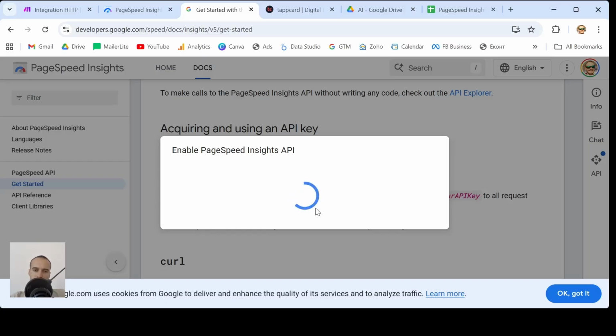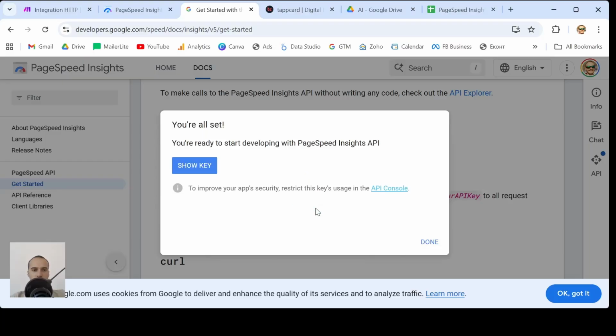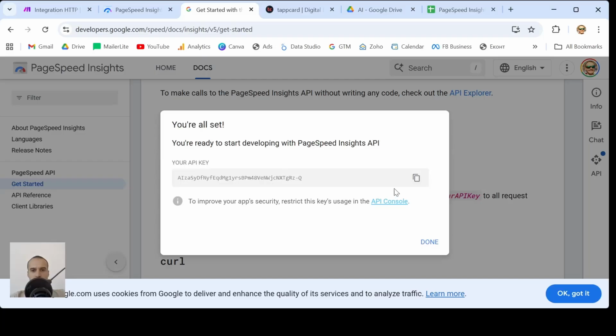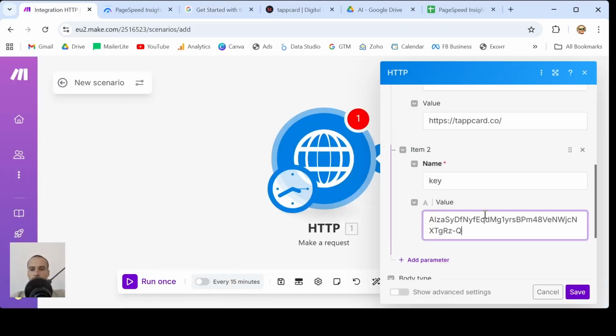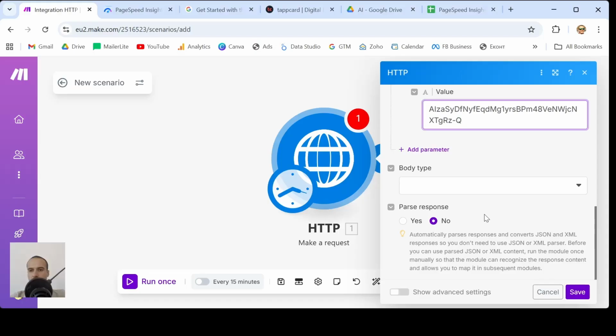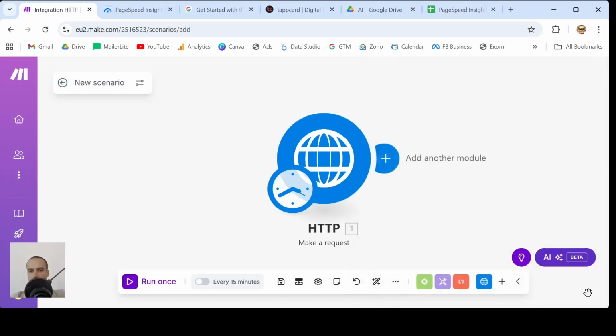And now the system will give us our API key, and we just need to copy paste it inside our HTTP module in Make. Show key, copy, go back here, paste, and click save. Now if we run this module, it should return the